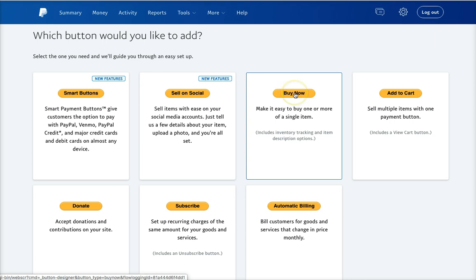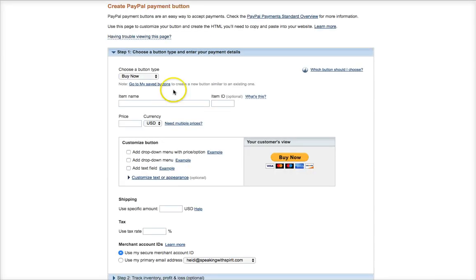So you'll click on the Buy Now right there, and that will take you to the page where you're going to create the program or the product. So you can have Buy Now, shopping cart, donations, subscriptions, automatic billing, and installment plan. We are simply doing Buy Now because you're going to give this link to people who you think will be selling your product. So say the item is called